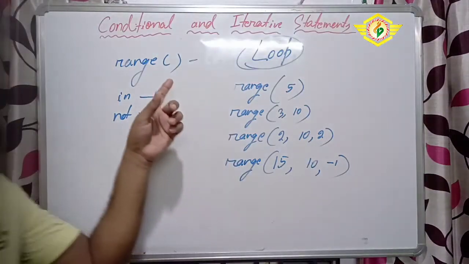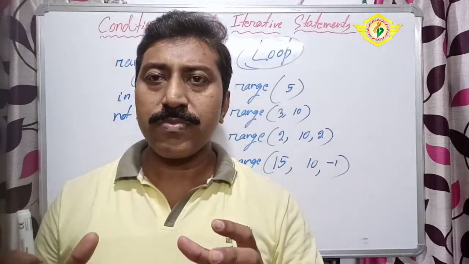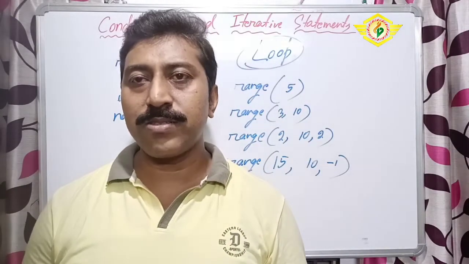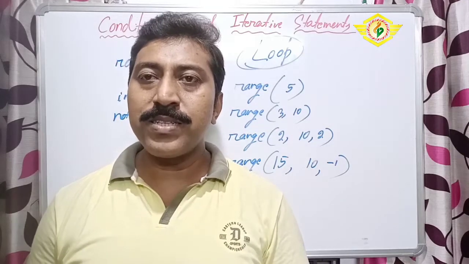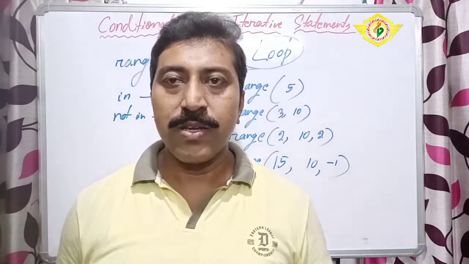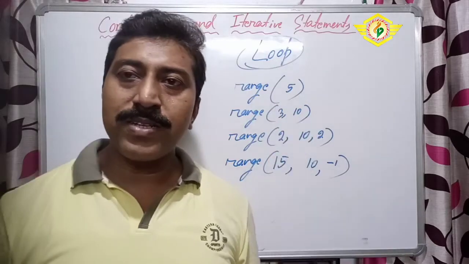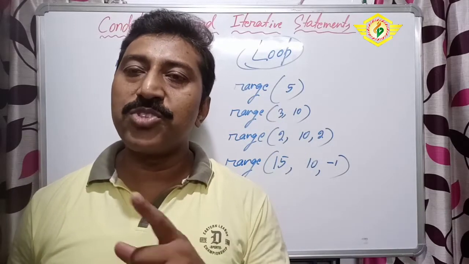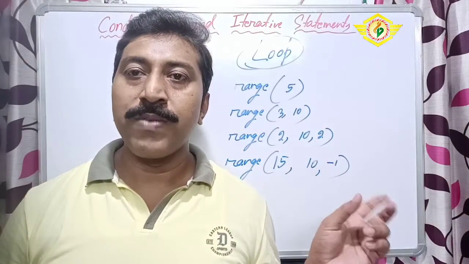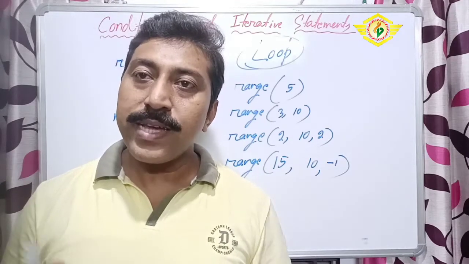The first one is the range. Range means, suppose we want to write from this number to that number, what should the syntax of the range statement be? Range means from the starting value to the ending value. Let us see the first example I have given here, range 5. Range 5 always starts from 0 onwards if only one value is given. Here only one value, 5, is given. That's why it will start from 0 till 4.